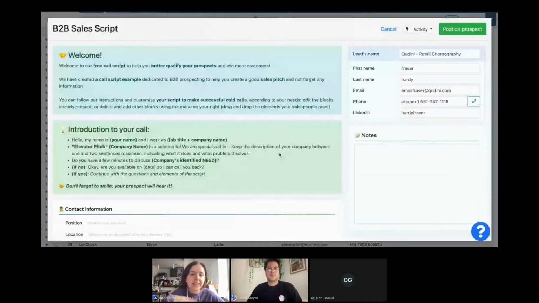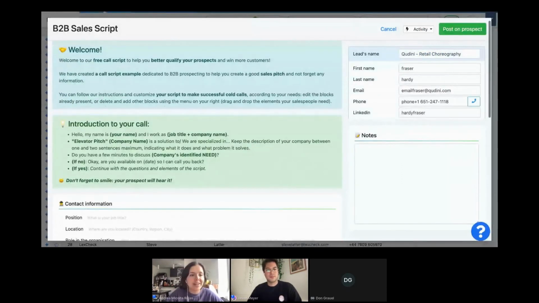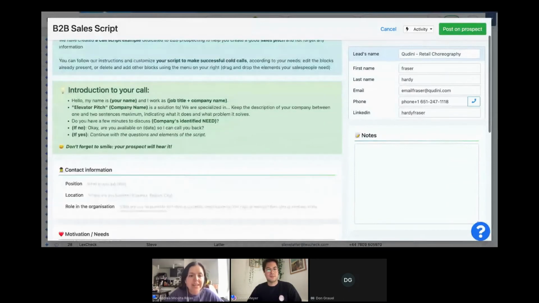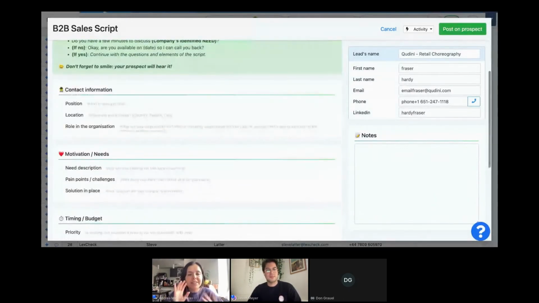And this is where I'd like to share the tool that you're seeing right now on my screen. We have the sales script, which is a free tool that's available on noCRM.io, but you can also add it and use it on our website, on our platform as well. And as you can see, it has these little questions, but also you have this, I like to call it, your cheat sheet on noCRM.